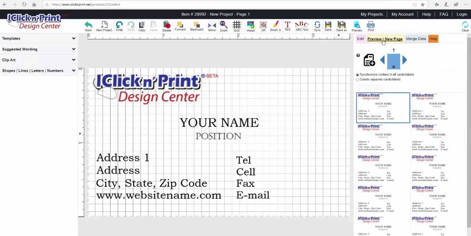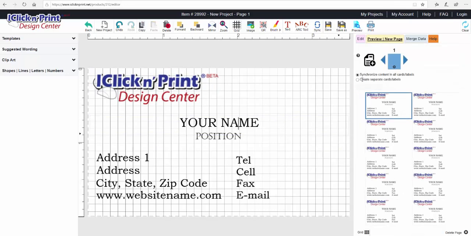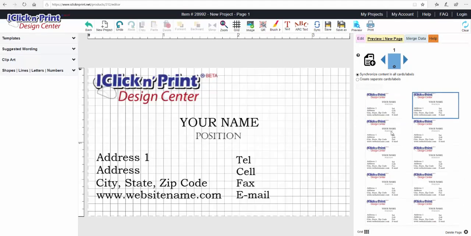and now I want to go to preview new page, and right now the synchronize button is selected, which means all the cards have the same exact text and everything is the same. If I would like to create a different card, if I want to make 10 different business cards for 10 different employees, I will have to create a business card for each, and then I can print this file as many times as I need. If I want to make 1,000 business cards, then given this page has 10 cards, I have to print 100